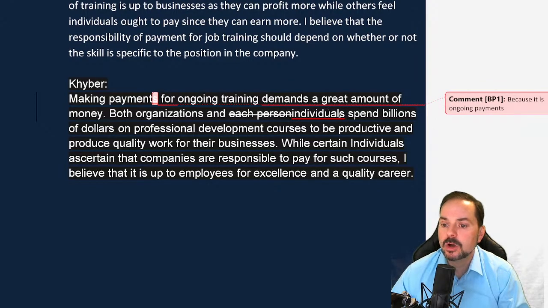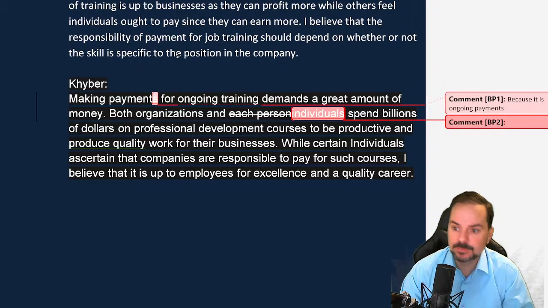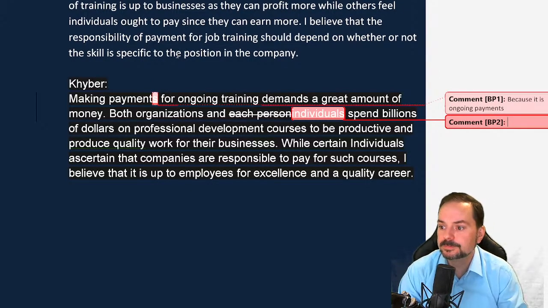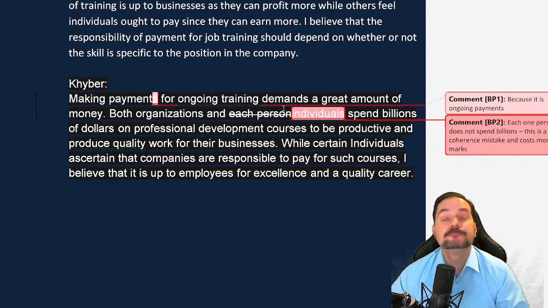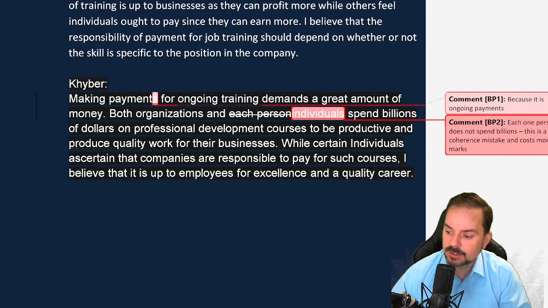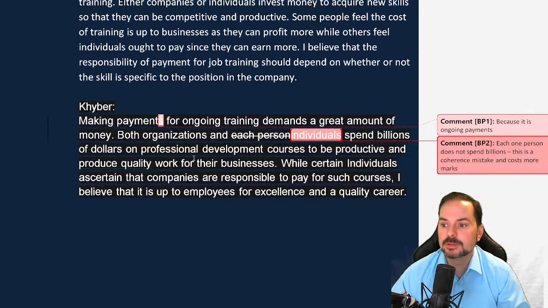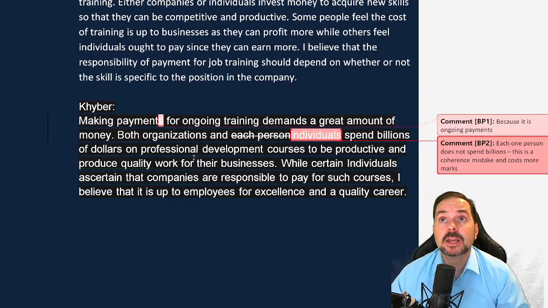Okay, so it's individuals that spend money. Okay, so maybe my comment there's a little bit small, but the idea here, let me see if I can make this just a little tiny bit smaller so you can see it all. So this kind of mistake,